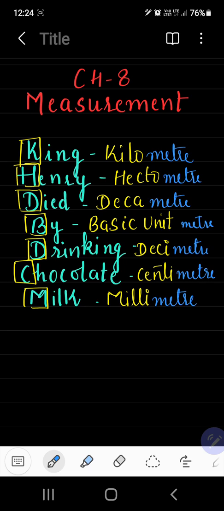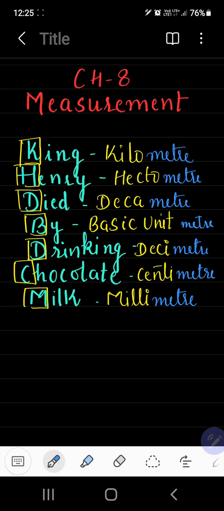Right? Let's say our basic unit is liter, then it will be kiloliter, hectoliter, decaliter, liter, deciliter, centiliter and milliliter. So whatever the basic unit is, the same will be the suffix. Like the basic unit of weight is gram. So if the basic unit is gram, then it will be kilogram, hectogram, decagram, gram, decigram, centigram and milligram. So the basic unit changes and the suffix changes accordingly, but the prefix of metric measure units always remains the same. The prefix always remains the same.